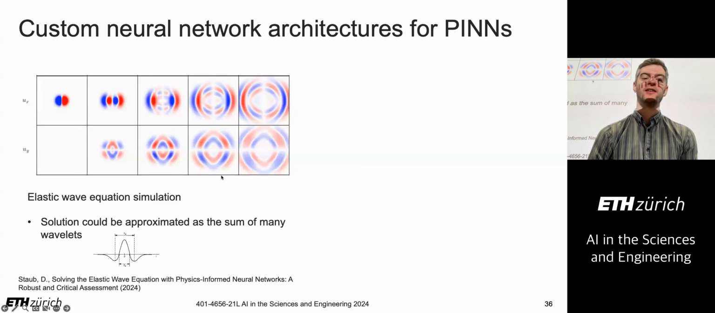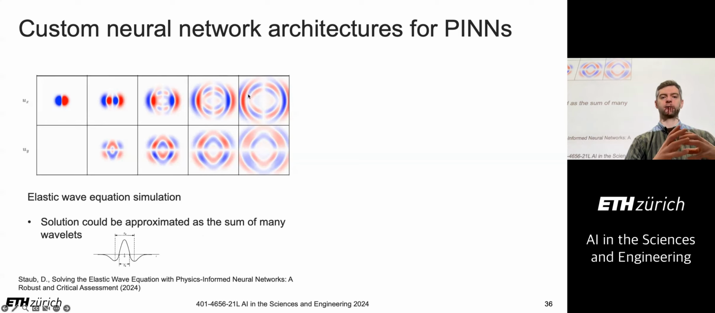And the idea was to say, well, maybe we can represent the solution as a summation over many wavelets. So what is a wavelet? This is an example. It's like a localized pulse. There are many different wavelet functions, but this is known as the Ricker wavelet, this one that I'm plotting here. And you could think of the solution as the summation of these wavelets